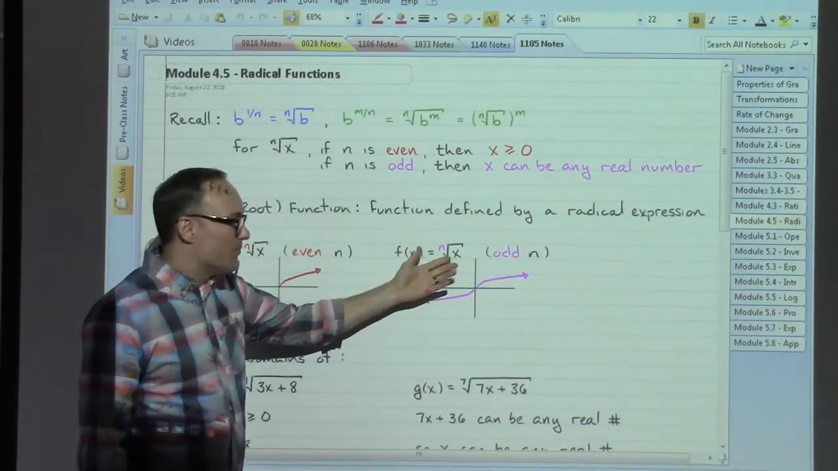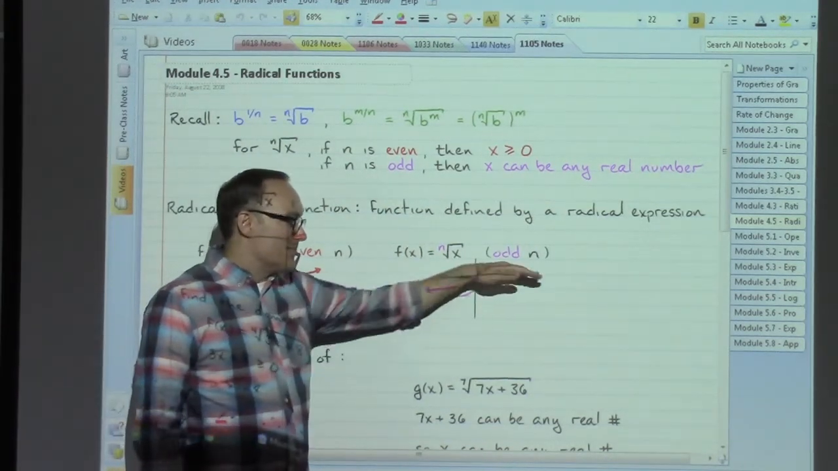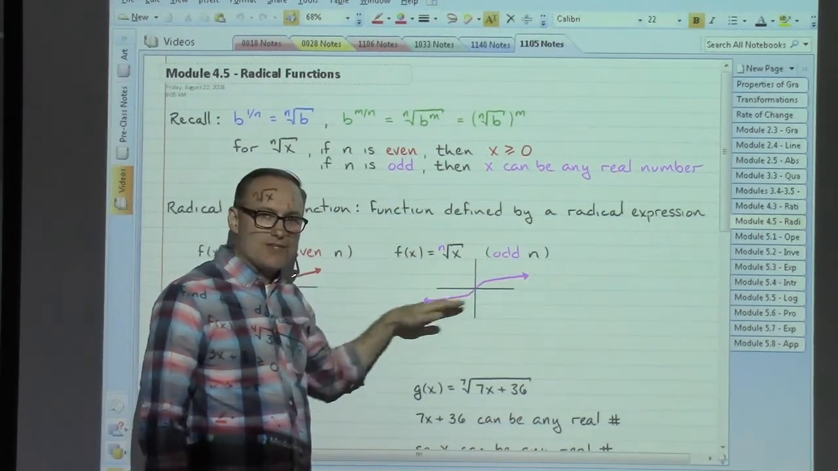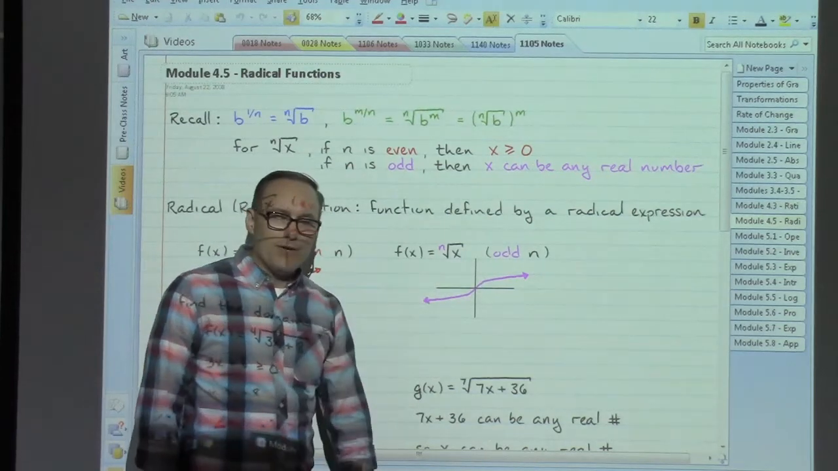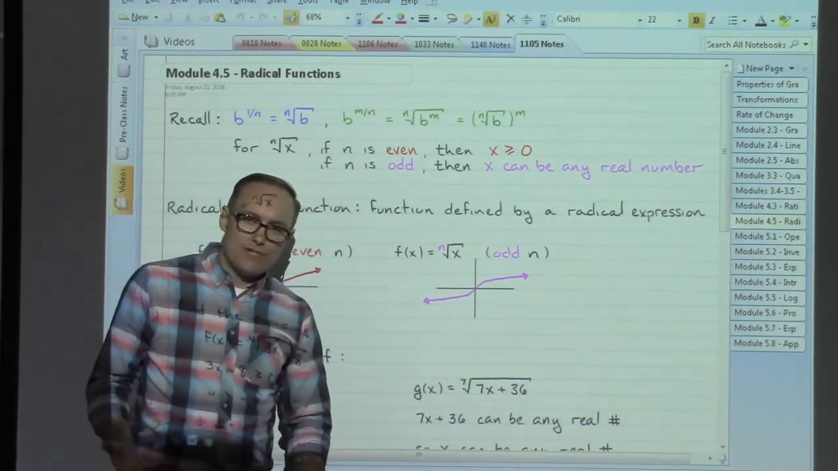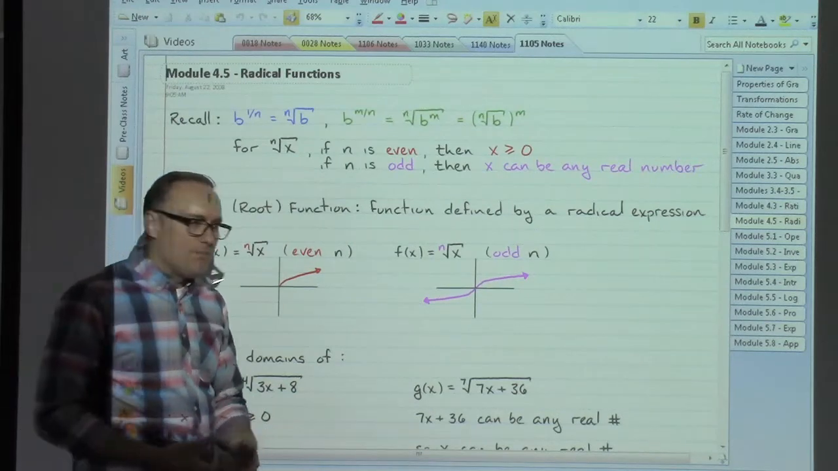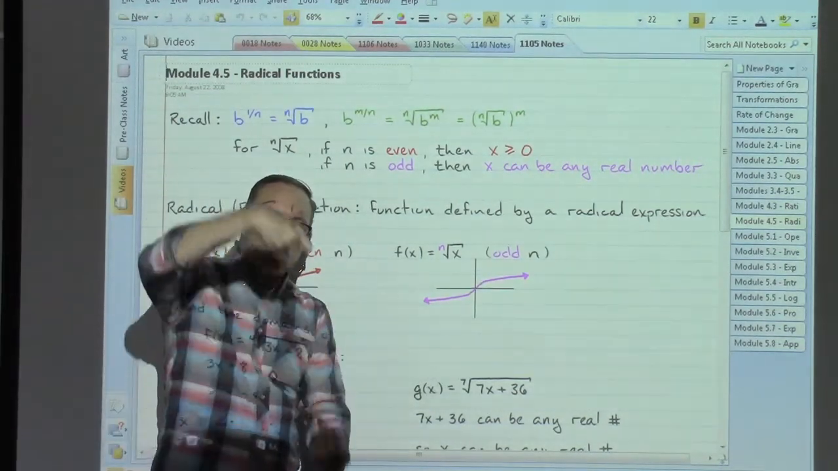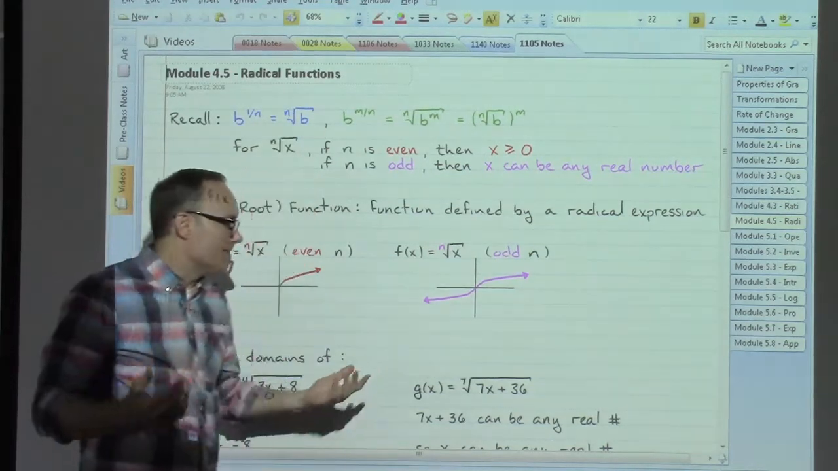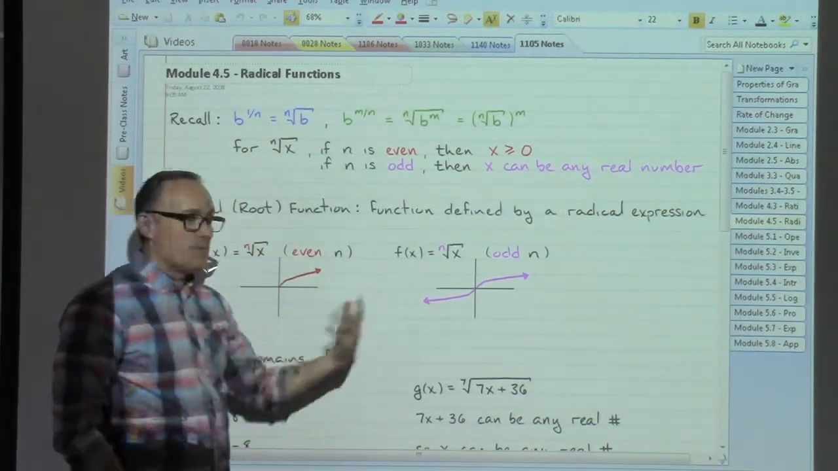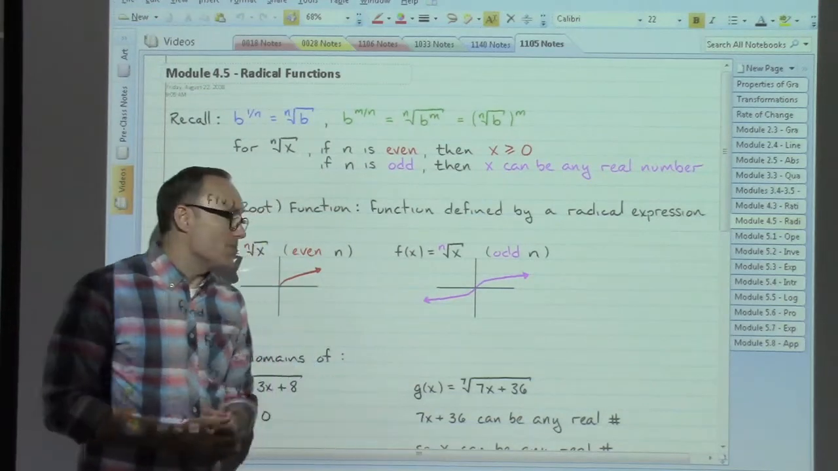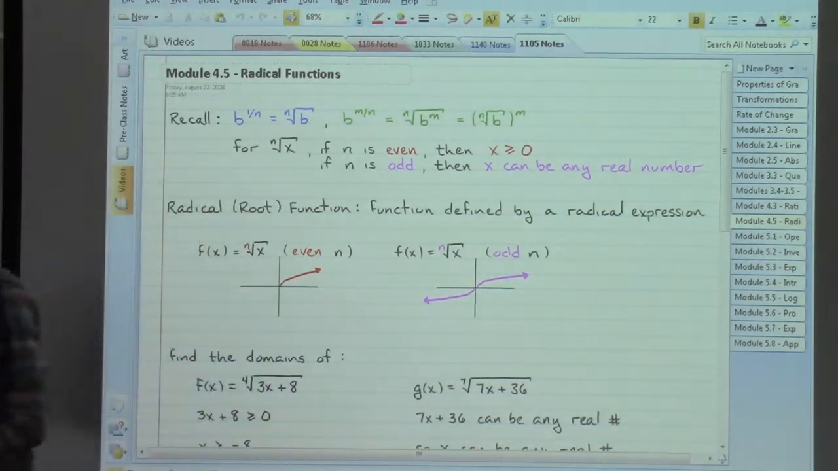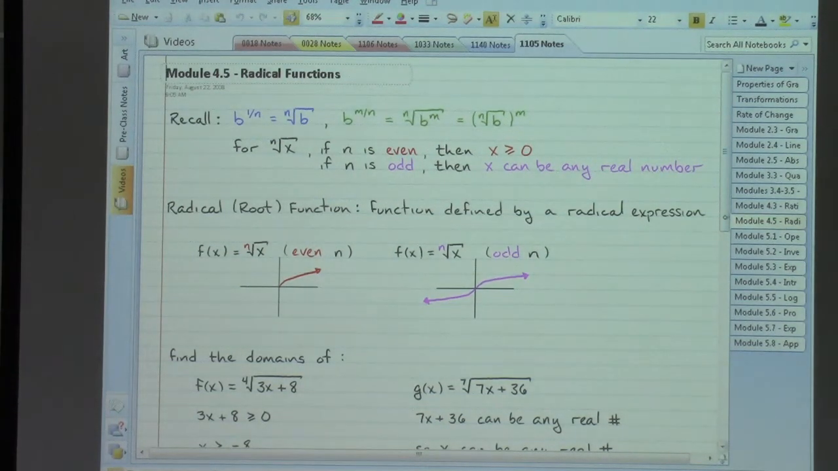If we have an odd root, we have this sort of snaky S shape that we could be looking at. And again, we've got those different transformations that might pick things up and move them. It might stretch them one way, squish them one way. But generally speaking, those are the two basic shapes that we've got. We've got our domain issues. And just to touch on those a little bit more,